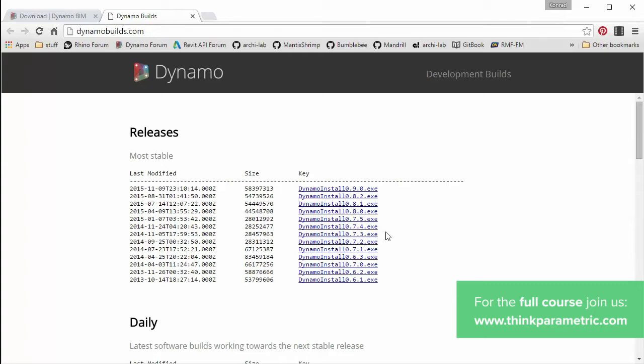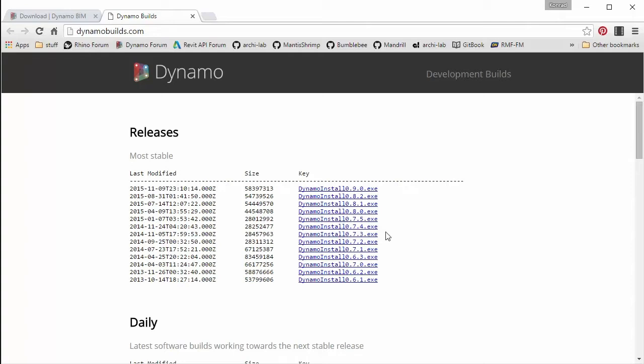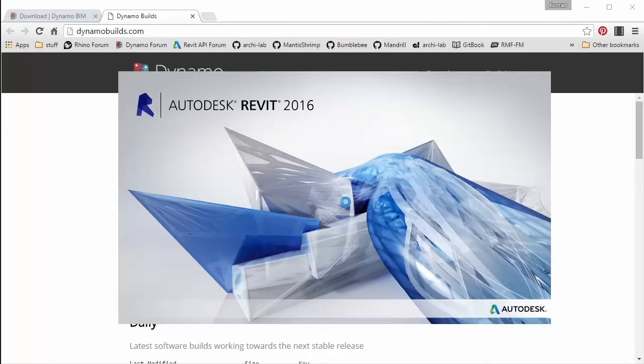But there's also another option that I want everyone to be aware of, and it's called a sandbox. If you navigate to the folder that your Dynamo is installed to, by default it will be Program Files/Dynamo, there's going to be a sandbox version of Dynamo, which is a standalone version there, and you can just launch it without launching Revit first. So for the sake of these videos, I'm going to launch Dynamo always through Revit.